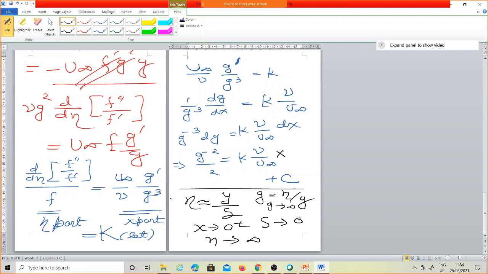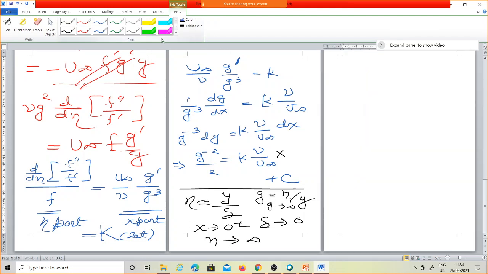Again, I'm saying the same: eta is equal to y by delta. If x is 0, your delta is 0. Something by 0 is infinity, so eta is infinity, and if your eta is infinity, your g will also be infinity. So the condition is whenever your x is 0, your g is infinity. So if you put this g infinity here,